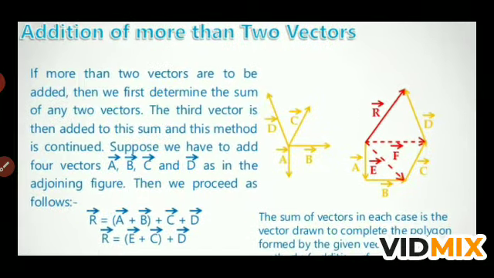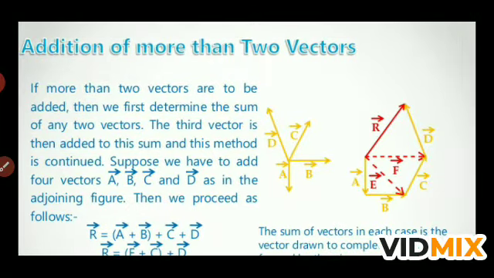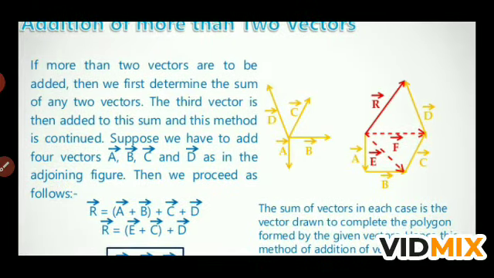Now if we have to add more than two vectors, if you see in the figure, there are many vectors, they are originating from a single point, vector a, vector b, vector c and vector d. So according to the given direction, we can adjust the vectors. Suppose we had drawn the vector A first. At the arrowhead of the vector A, we had put the tail of the B in the same direction. For A and B, if you find the resultant, it is E.